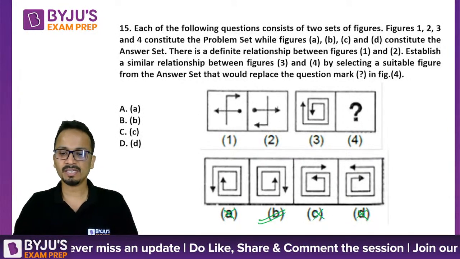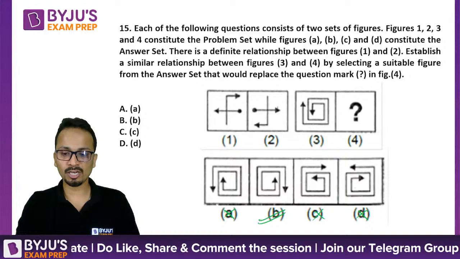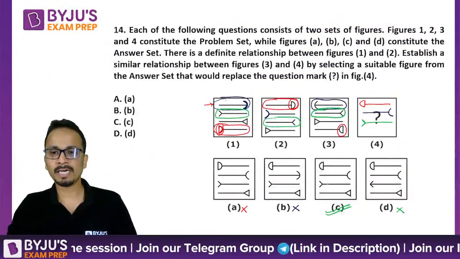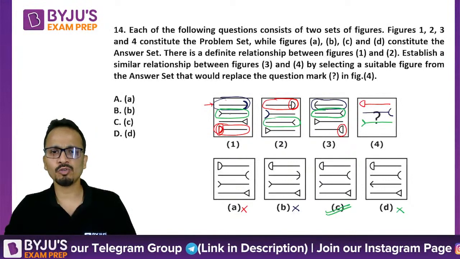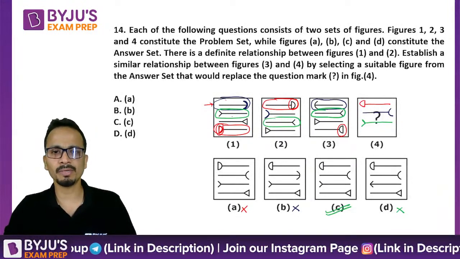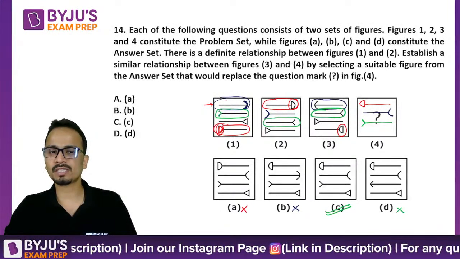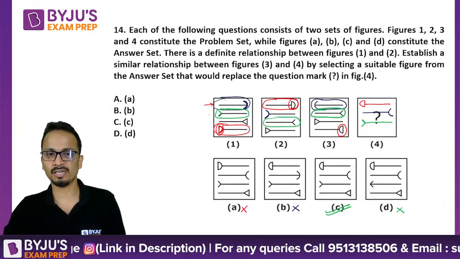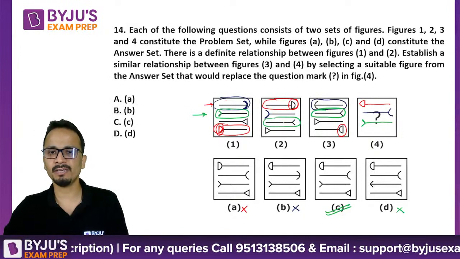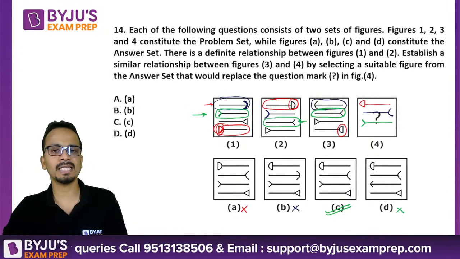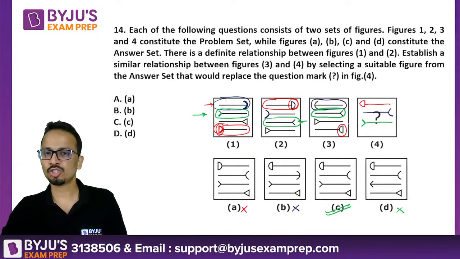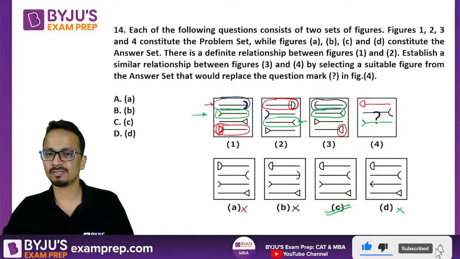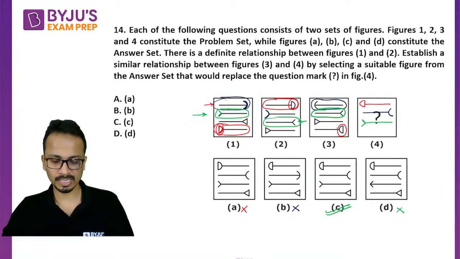Okay, fine. Vicky, yes, I'll go ahead and check this one. So Vicky, in this case, I have already given you the explanation from figure number 1 to figure number 2. So this complete figure has been reflected. Okay, figure ये जो second figure है, ये third number पे आ गई है and it is reflected. Okay, so I have applied this thing to get the answer. All right, clear?